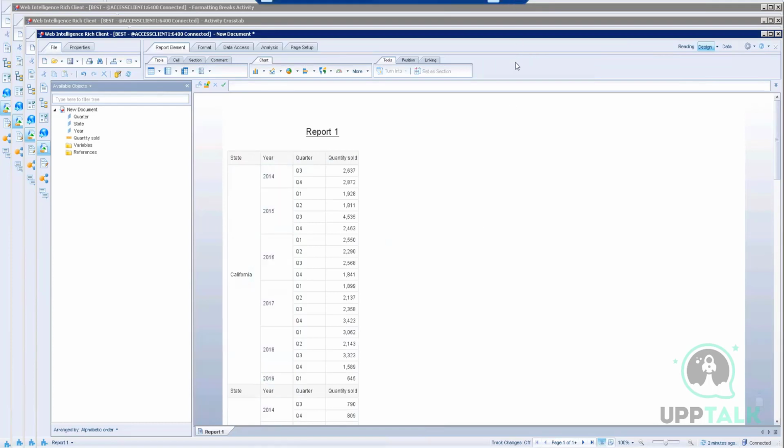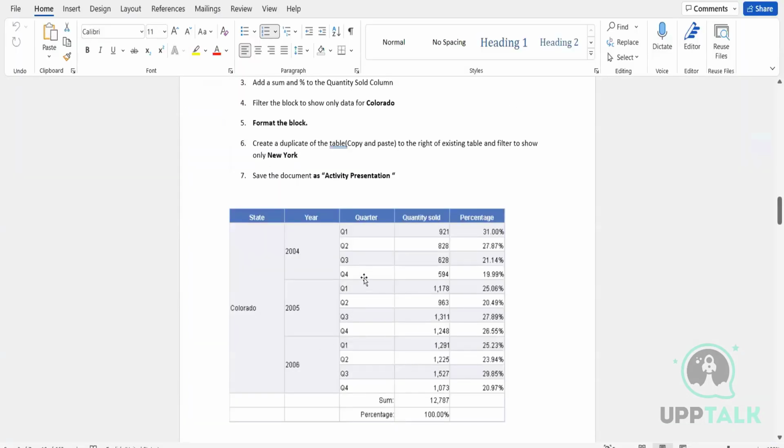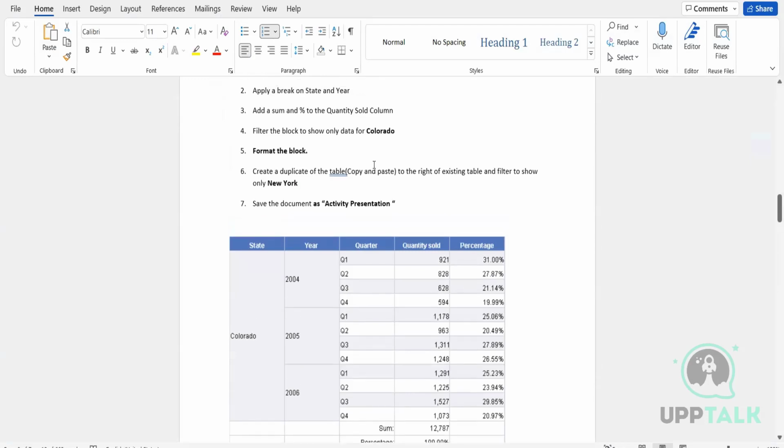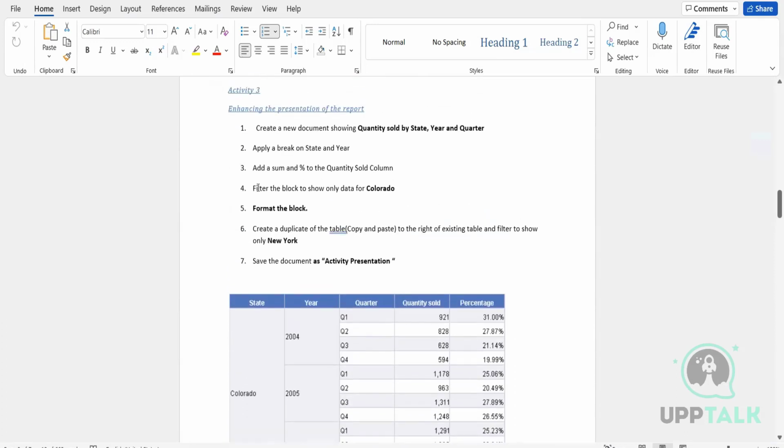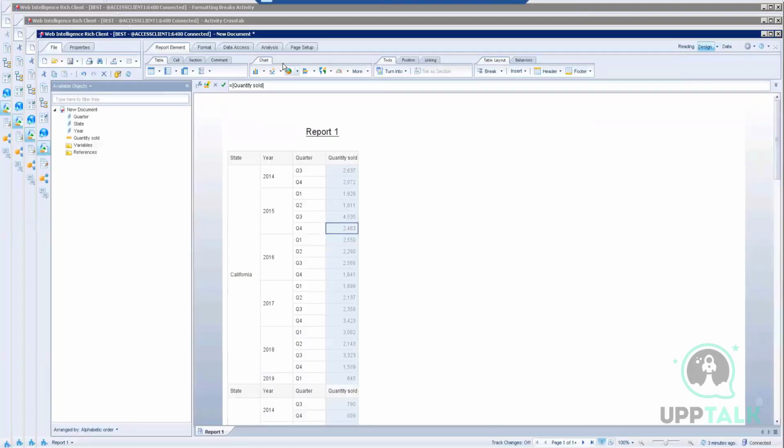Let us see whether we are getting it correct. Yeah. Q1, Q2, Q3, Q4. Okay. Quantity sold. We are getting so many data, but here they mention to apply break on state and add a sum and percentage to the quantity sold column. So quantity sold column,